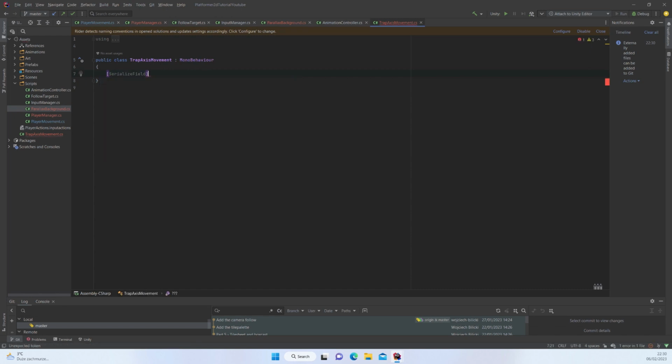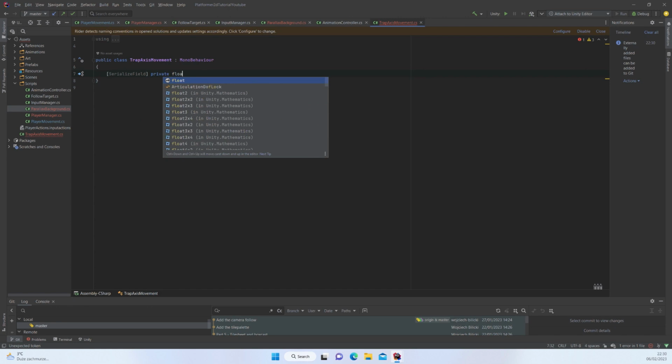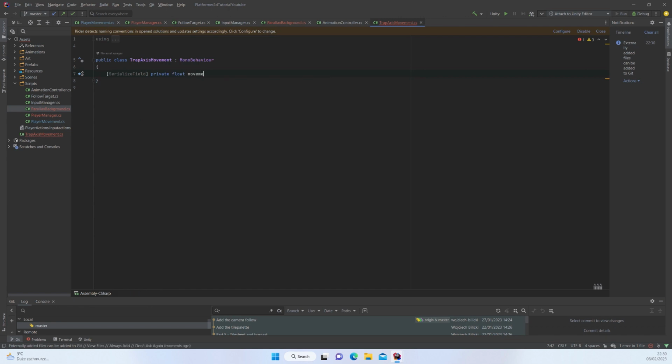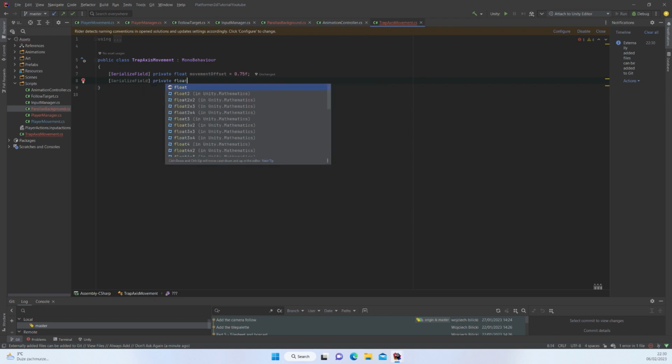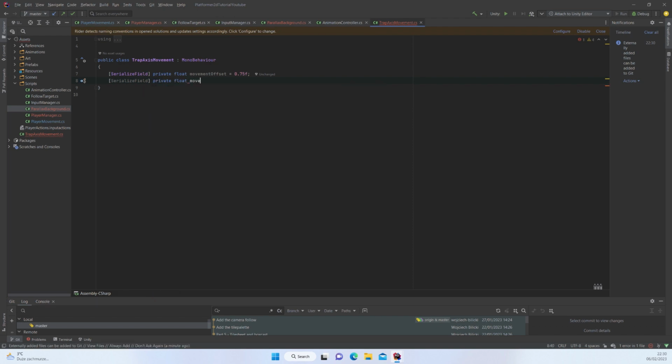This is going to be serialized field, private, float, movement offset, and I'm going to provide it with a value of 0.75 units, and then movement speed. So serialized field, private, float, movement speed. We'll set it to 0.1,